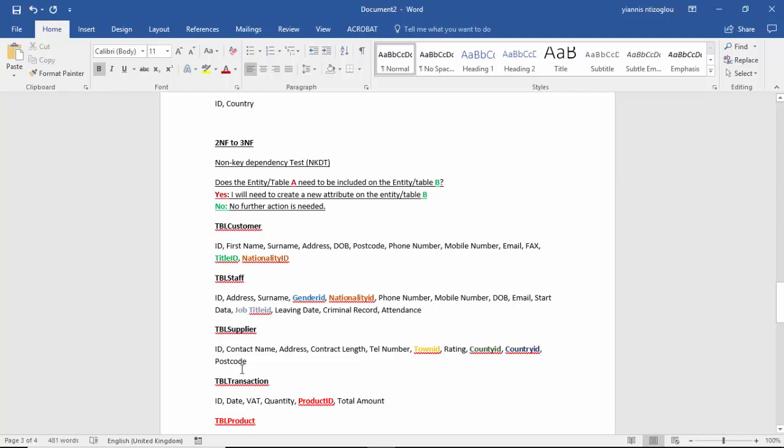So does the customer information need to be included on the transaction? Yes. The customer needs to be included on the transaction, so we know where to send the products. If we have to deliver the products to the customer's address, we need to have the customer address and the customer's details. So in this case, the answer is yes. I will need to create a new attribute on the entity table B. So here is my table A, and here is my table B. So what I need to do here is create a new attribute called customer